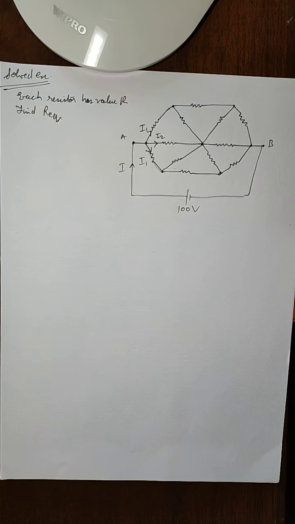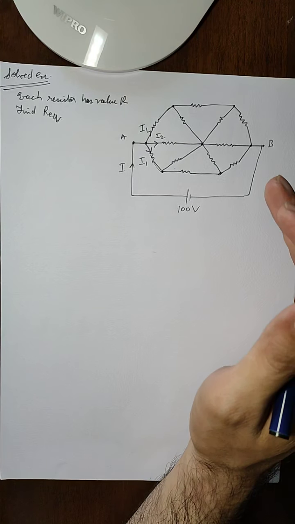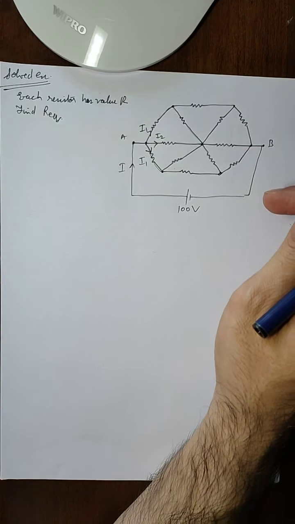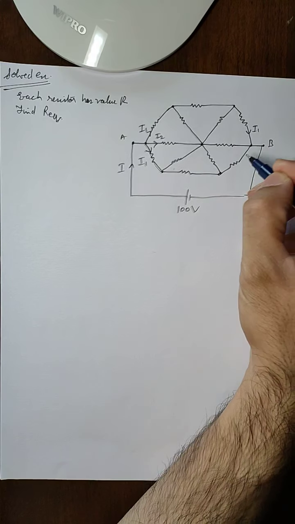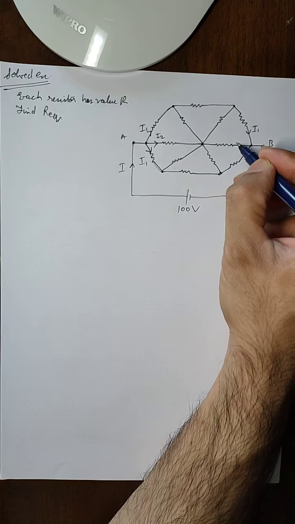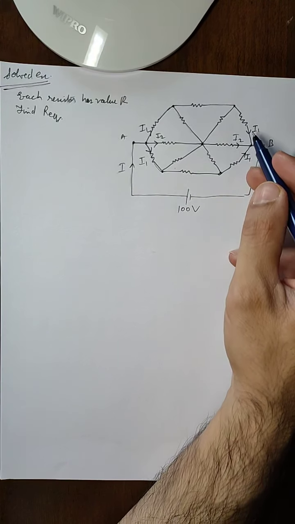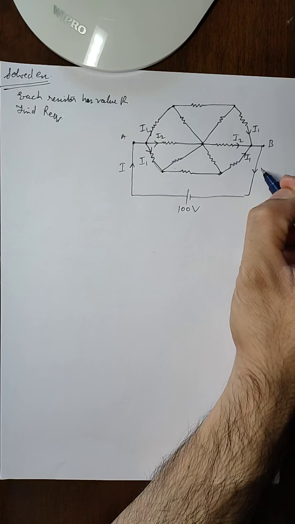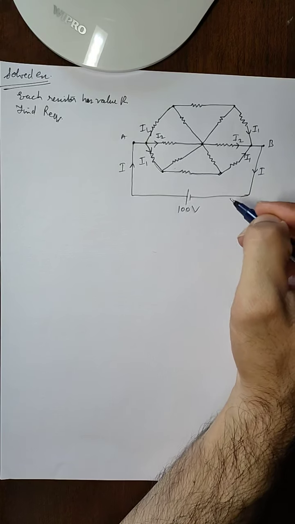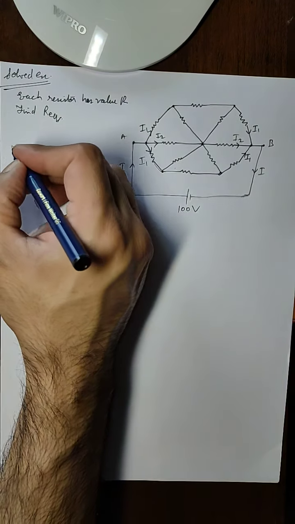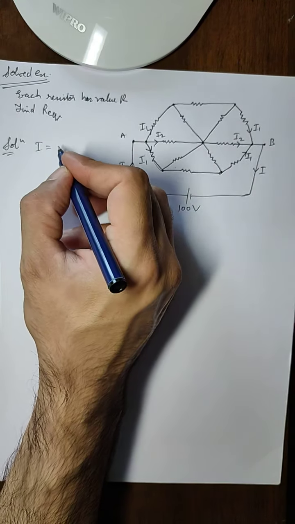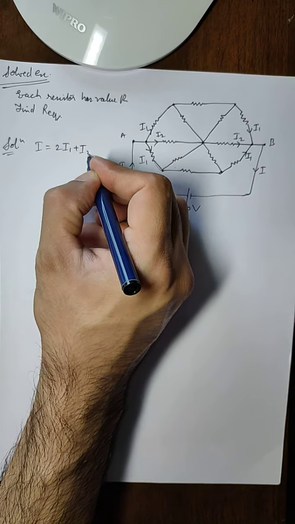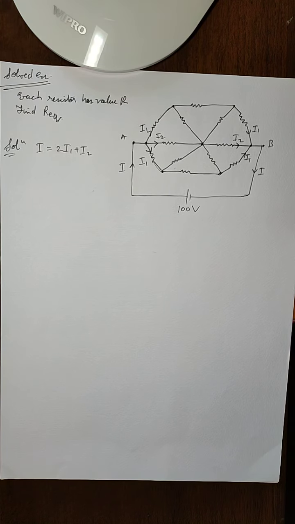Now similarly on the right side of the circuit, from the upper and lower half, the same current will come. So here it will come as I1, and this middle branch will have current I2, so that all three of them will combine and give the same current I, which will leave the circuit and go inside the battery. So we can say that the total current I is equal to 2I1 plus I2. So all we have to find out is the value of I1 and I2.